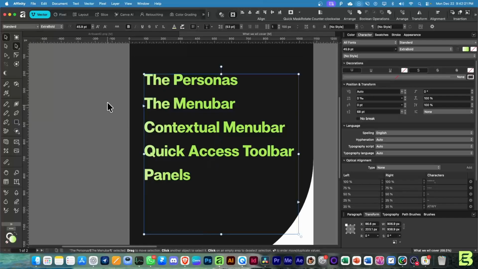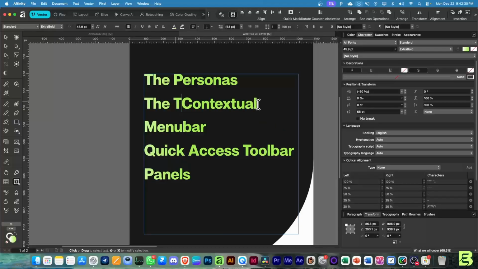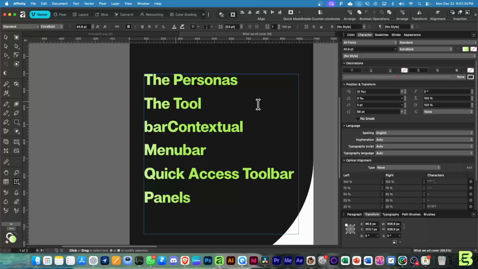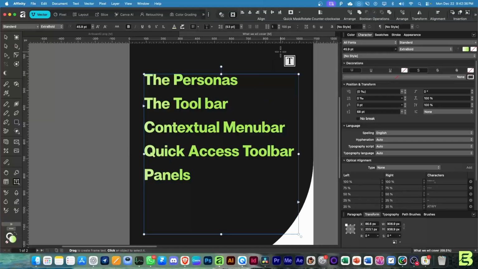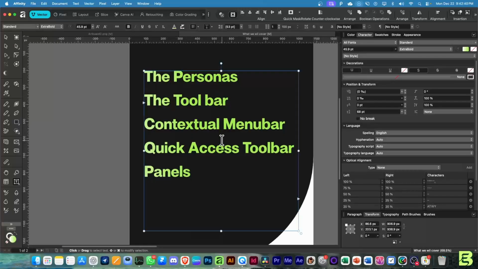So next up we come to the toolbar. So basically this will be the toolbar. There was a mistake on this. Okay. So the toolbar, we can talk about the panels lastly. So the toolbar,